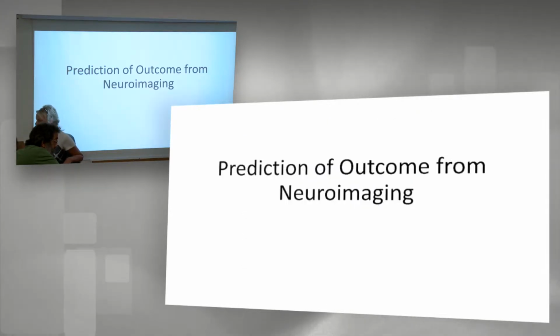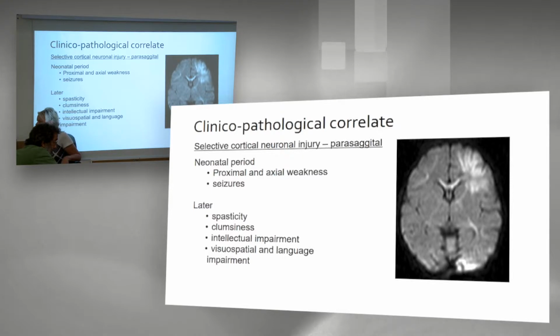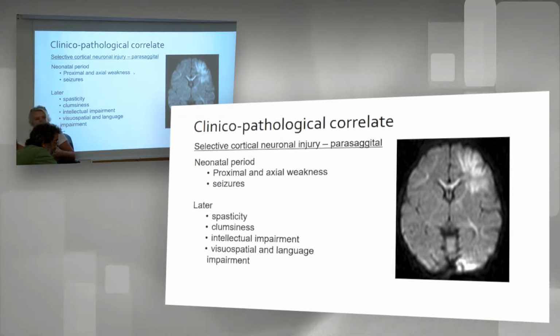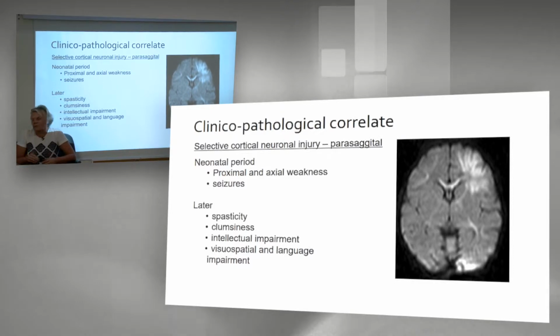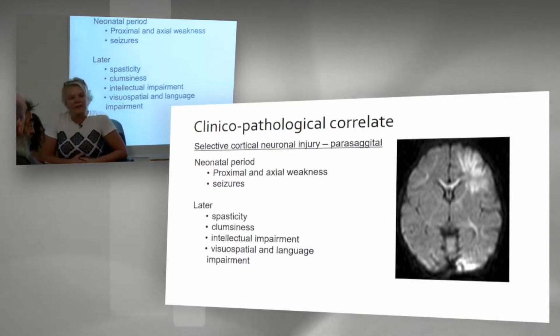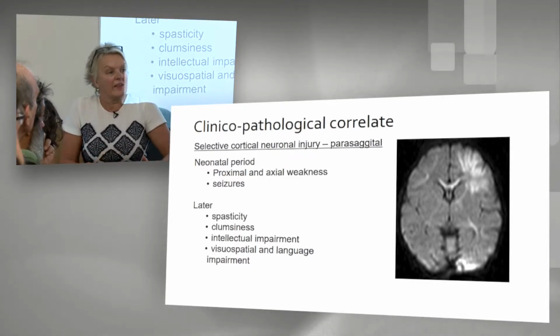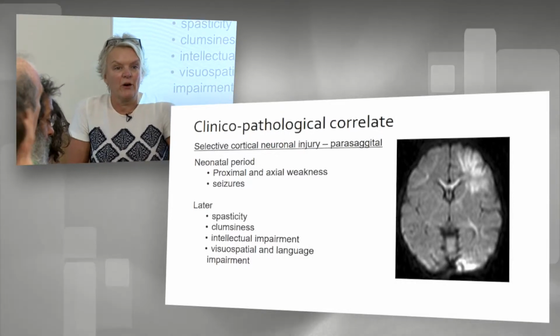So powerful, predicting outcome. These kids with these focal lesions tend to behave a lot like strokes. They may not have a lot of clinical signs in the first neonatal period. They may just have a little bit of weakness. They can be the kids that you may examine and think they look okay, actually not even offer them cooling,